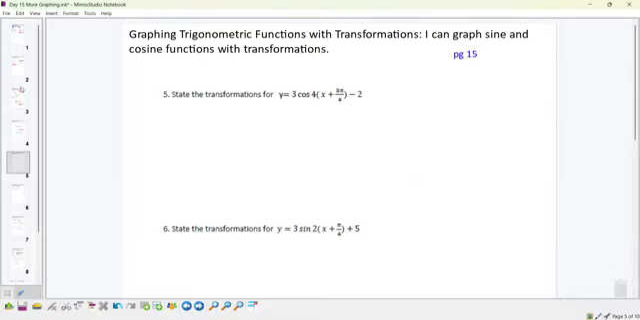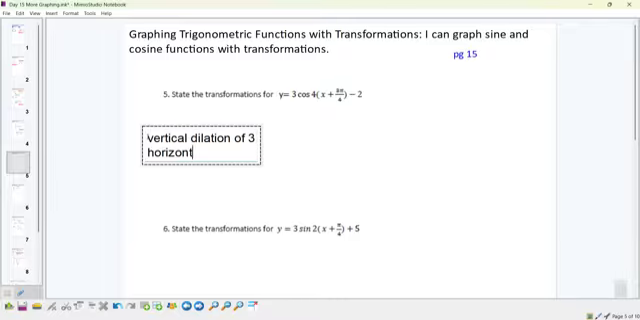Okay, page 15, just state the transformation. So we're going to go back to those algebra words about transformations. Pause the video and see how many for number 5 you can list. I think I'll type them instead of writing them. Okay, so for number 5, we've got a vertical dilation of 3, a horizontal dilation of a quarter, because it's the reciprocal of that coefficient, that multiplier,